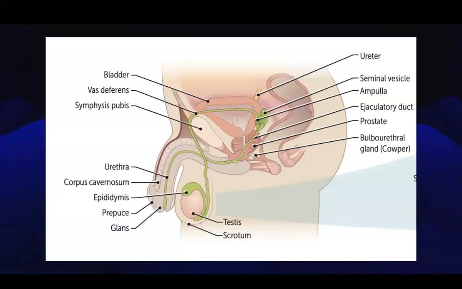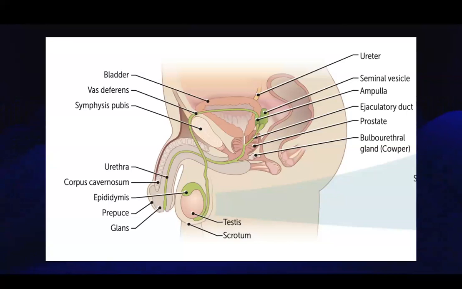This is a review of the anatomy of the male reproductive system. You have a testes surrounded by tunica albuginea, and it's filled with the seminiferous tubules that drain into the epididymis, which is where the sperm relax and mature. Whenever we want to ejaculate, the epididymis will contract and squeeze all that sperm into the vas deferens. The vas deferens will go up and up, and then it's going to